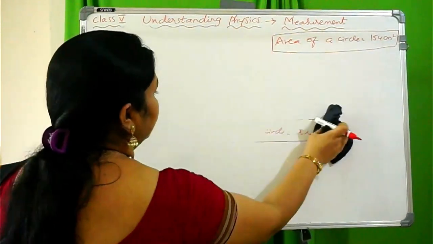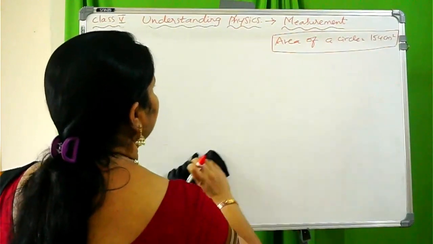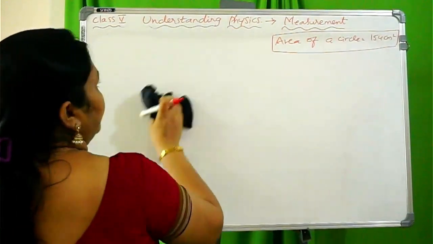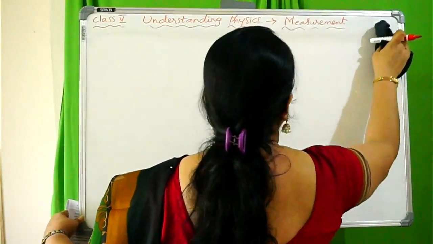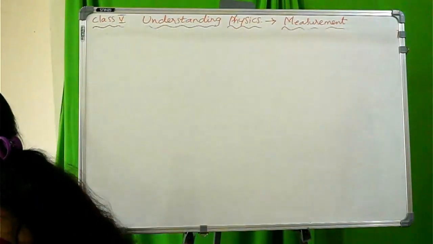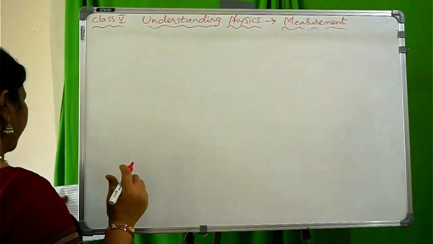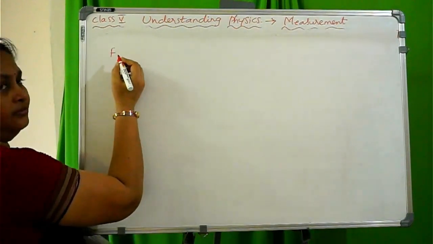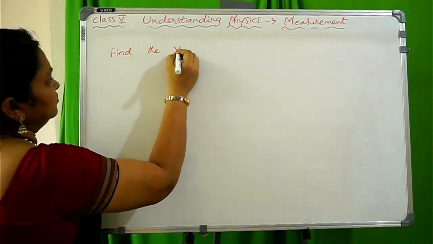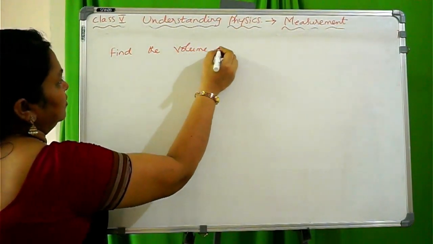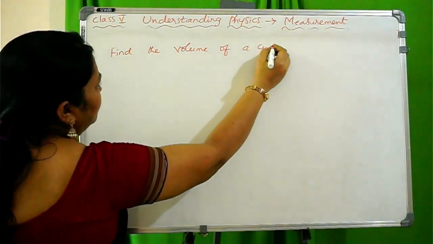In our next class, I'll explain the volume of a cylinder and sphere. If I explain all the formulas in one day only, you'll get a lot of confusion. So that's why today I'm going to explain about 4 formulas. Up to now 3 are finished. This is my 4th one, that is volume of a cube. See, I'm writing here, find the volume of a cube.